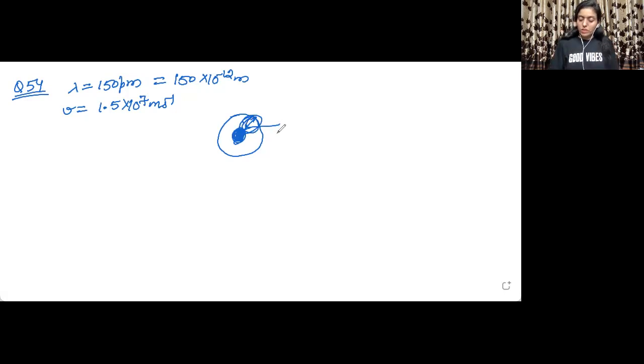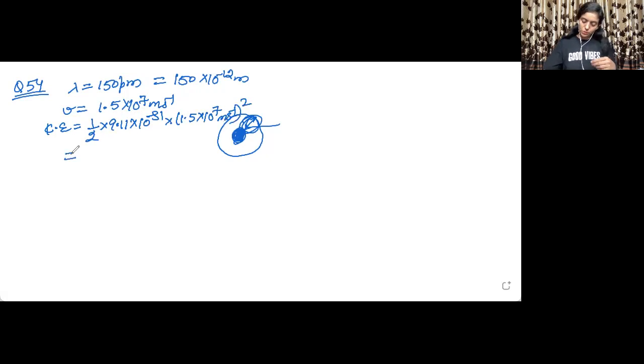Are you getting it? So threshold energy is the minimum energy that is required to remove the electron. So this means the energy with which the electron is bound to the nucleus will be equal to the threshold energy. So we just need to find out what is the threshold energy. The statement has been just tweaked. That is all. Okay. So how you can find the threshold energy? Velocity has been given. We can get the kinetic energy. So it will be half mv square, half 9.11 into 10 raised to the power minus 31 into 1.5 into 10 raised to the power 7 meter per second whole square.